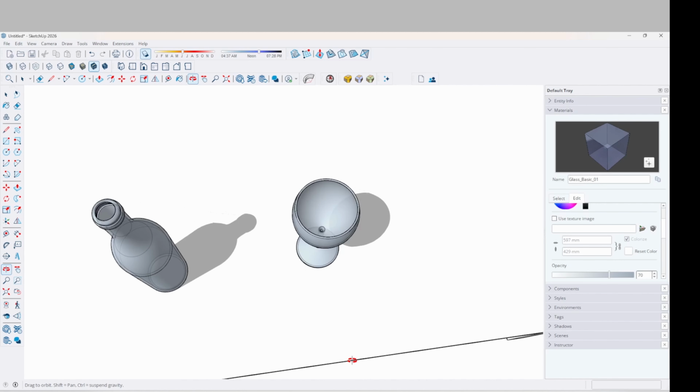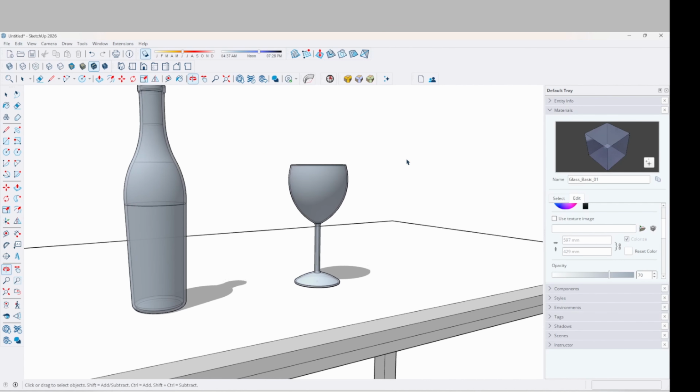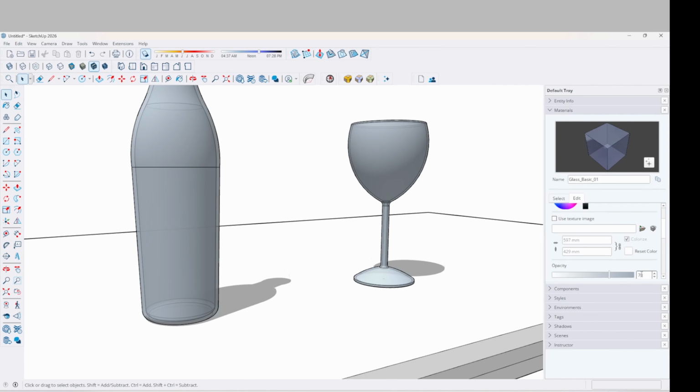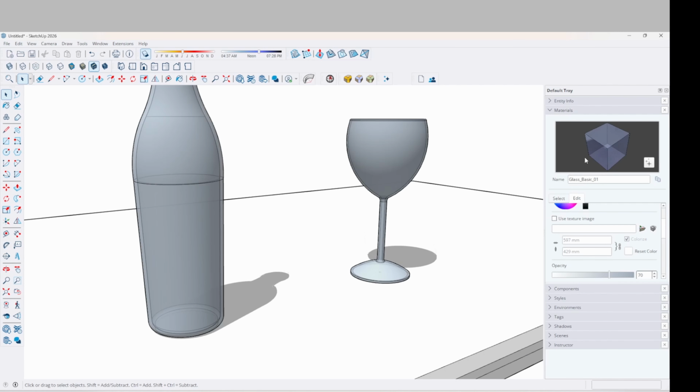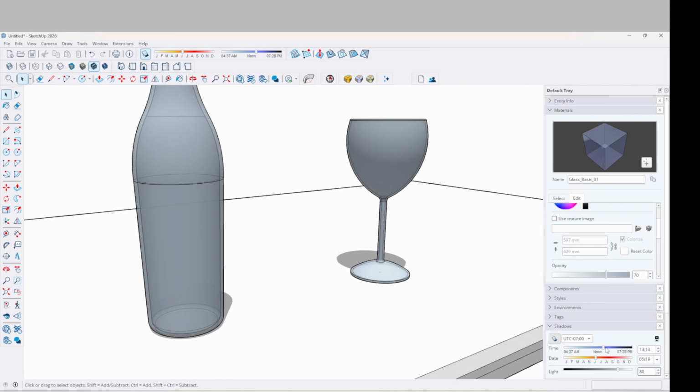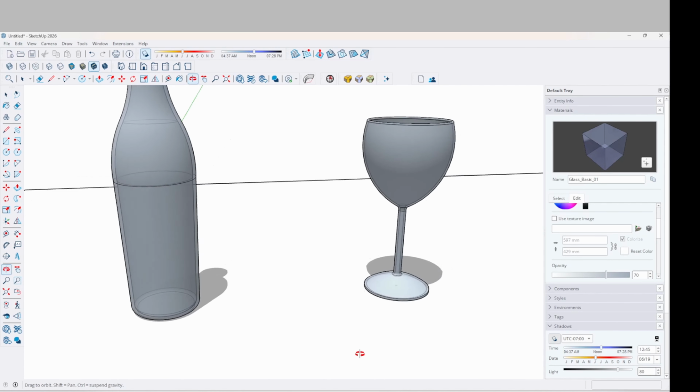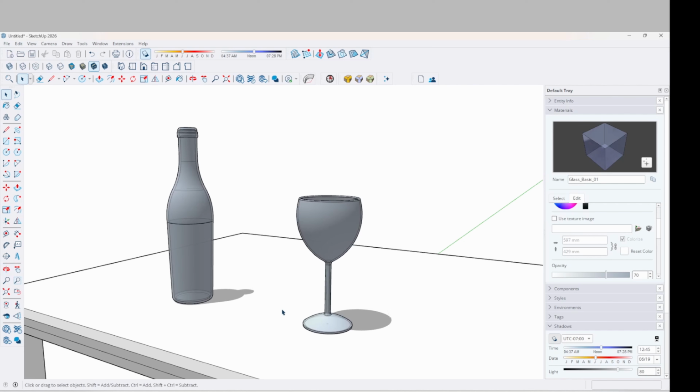If it's important for you to have the shadows, then change this to around 70, and then you can go back to the shadows again and just adjust the time of day. You can see it's a lot more effective when you use shadows. If I was to turn the shadow off,